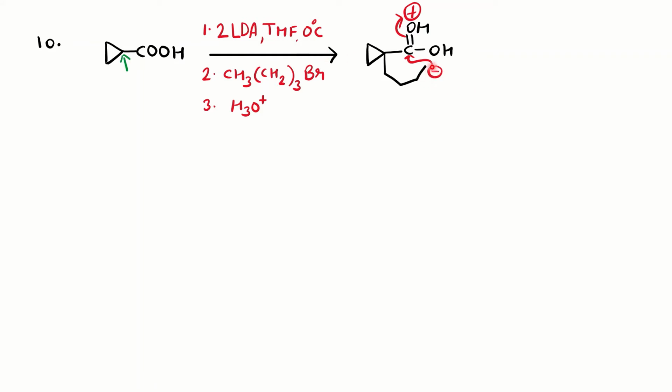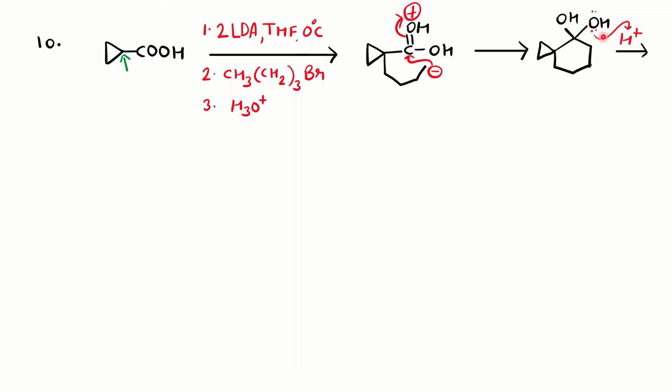So here again, since 2 LDA is given, one more equivalent of LDA is left. From the terminal carbon, one of the protons will be abstracted and generate the carbanion, right? And since the acidic conditions are given, being electronegative, the carbonyl oxygen will be protonated in the presence of acid, so you have the OH plus. So the acidic condition increases the electrophilicity, so that the reaction will occur in the forward direction. So this carbanion, the nucleophile, will attack the carbonyl carbon, followed by the satisfaction of this positive charge, and you will get this kind of structure here.